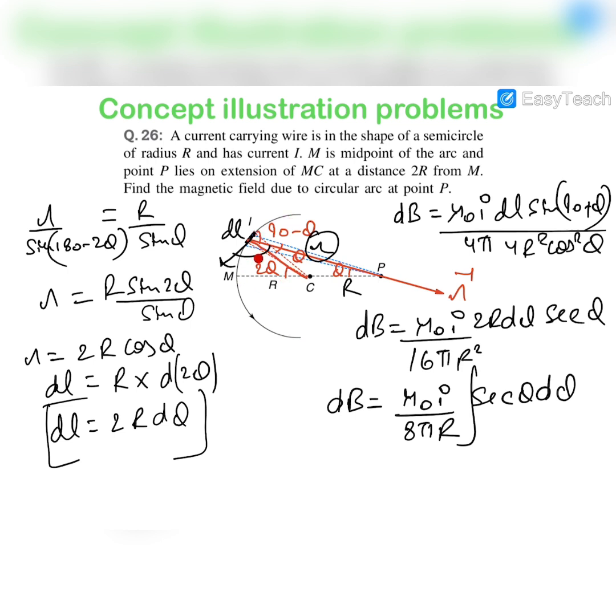This is the limit of 2 theta. So limit of theta will be equal to minus pi by 4 to plus pi by 4. Okay, so this is dB, and now